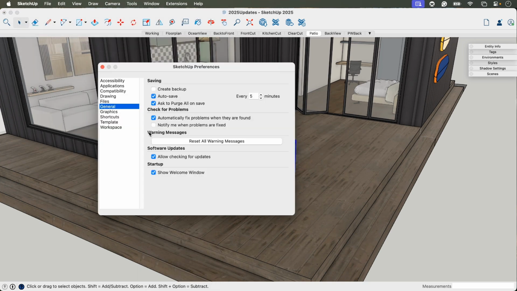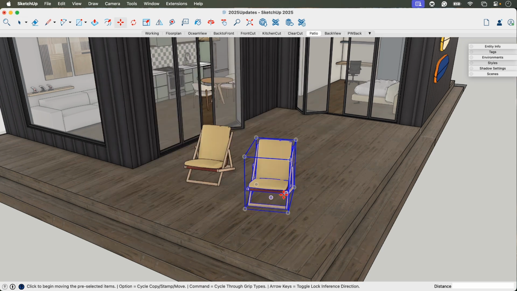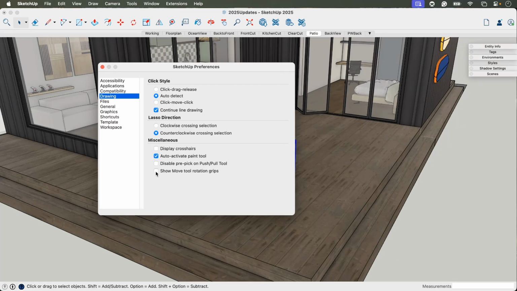But we're trying to get to this Preferences area. And then under Drawing, you'll want to uncheck Show Move Tool Rotation Grips. So now with that off, if that's what you want, when you hit the Move tool, you will only be able to move it. So these are the only grips that you'll be able to get, those corner grips, or you can cycle through the different grips here, but no more red plus signs. I'm going to leave mine on simply because I teach SketchUp. I want mine to look like the default, but again, it's going to be under Preferences, Drawing, and then Show